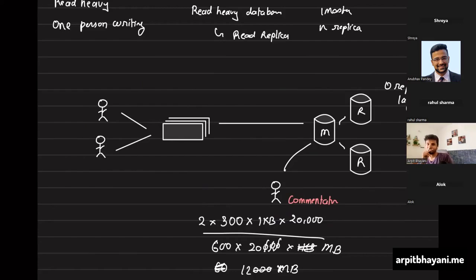Okay, then maybe something like a write through. The person who is adding the commentary, the write request would first go to cache, and then it would be synced to the database, and we are serving results from cache directly. That's a good point. So what you're suggesting is, if you add a cache, what are you storing in cache? Let's start with that. Let's say I add a Redis over here. What are you storing? The comments, the text,